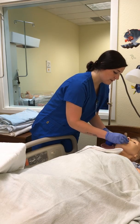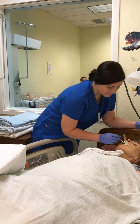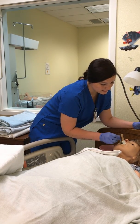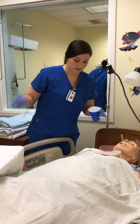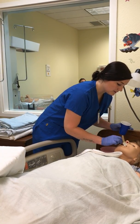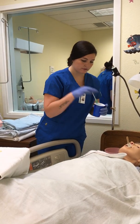Move it to the other side of the mouth, the same way. And I'm going to do the same thing on the other side. Cleaning the upper palate in between the cheek and the teeth. Discard, get a new one. And then I'm going to be doing the tongue in between the cheek and the teeth once again. Then I'm going to discard,